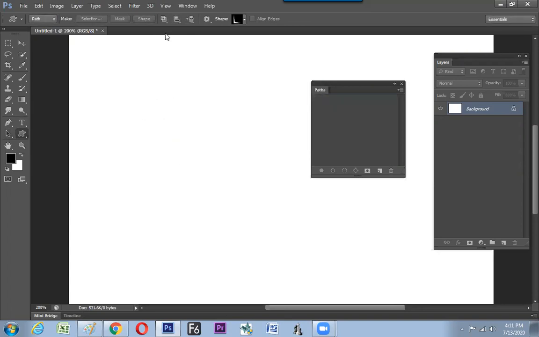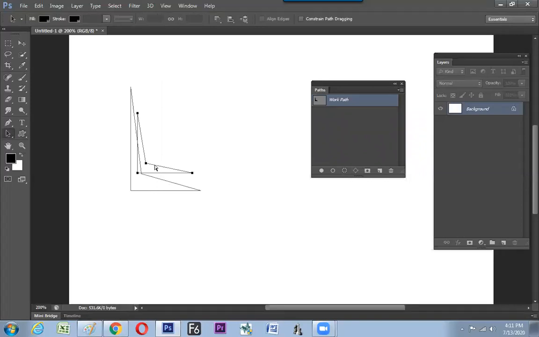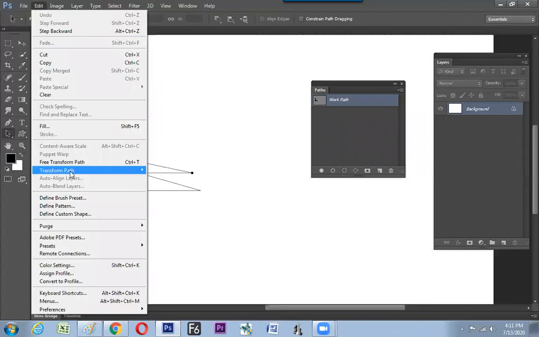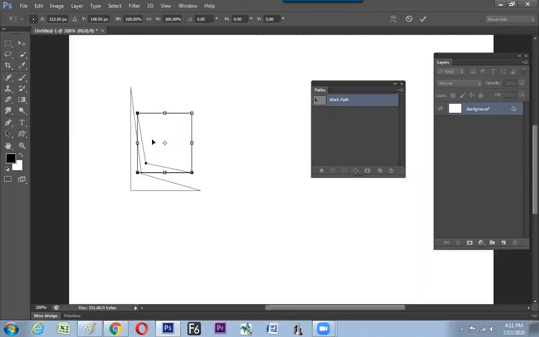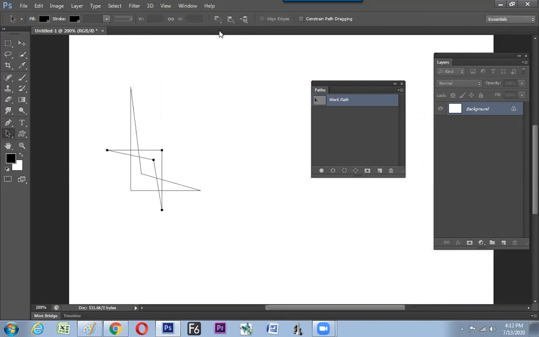Initially, we can start with combine mode. Then if you feel like it should subtract, yes, we can define it to get minus some of the area. Or else you can select this one and transform through the Edit menu, Free Transform, give a right click and flip horizontal and flip vertical. So what happened now? We can make a minus structure of it.